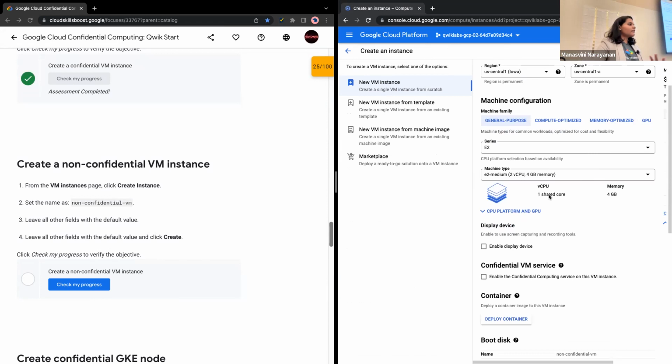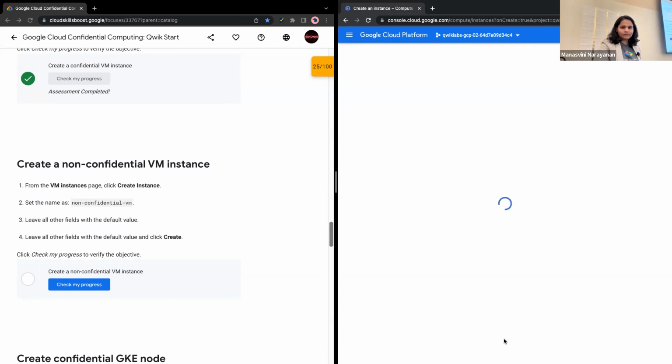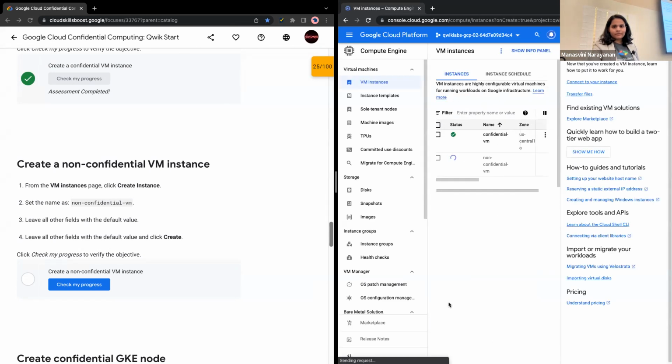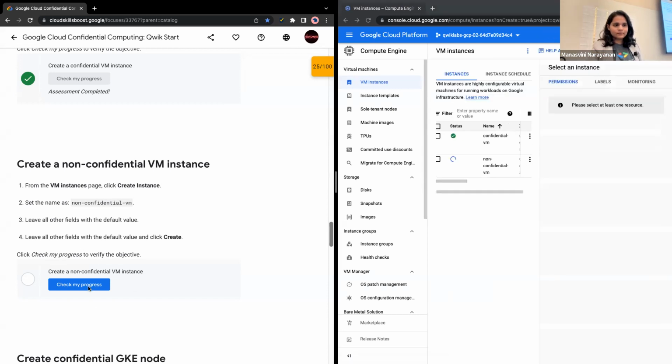Let everything be the default value, create the most basic VM and say create. So my instance hasn't been created yet.